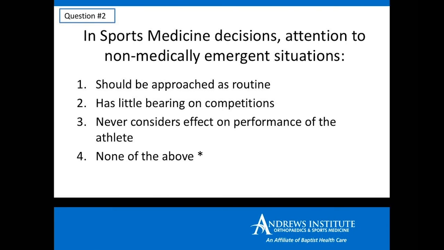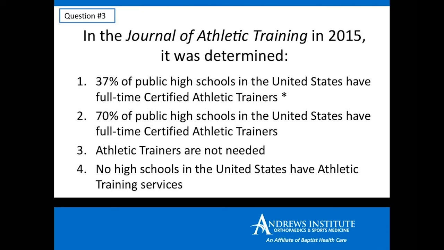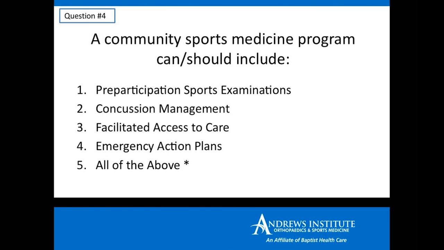We've done that. In the Journal of Athletic Training, I gave this away on the first slide. I told you guys to read the slide. 37% of high schools have a certified athletic trainer. That was 3 years ago. It might be more or less. Like I said, some may be cutting programs across the country. And a community sports program should include all these things, in my opinion. Pre-participation, concussion management, facilitate access to care, and